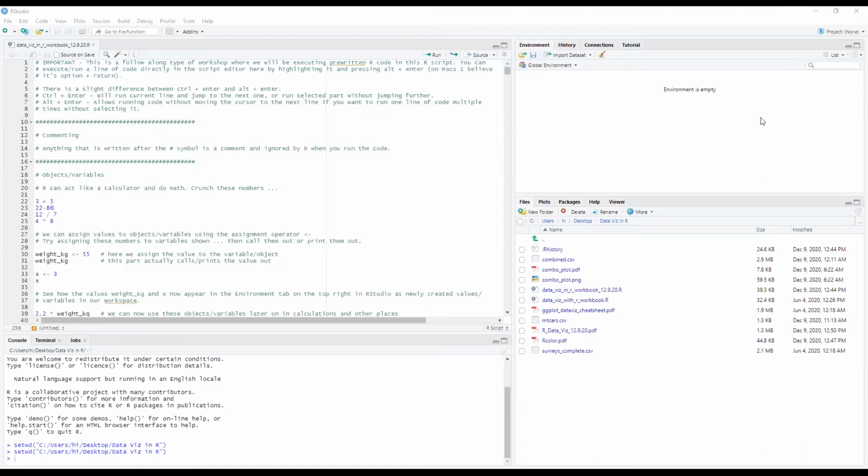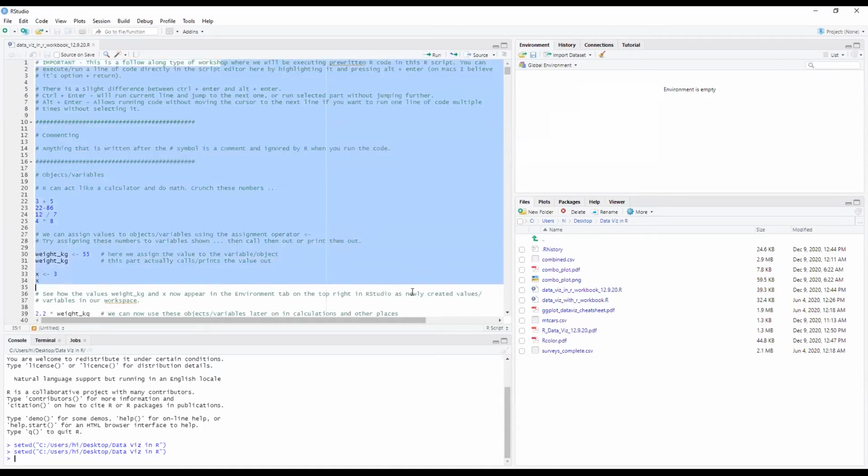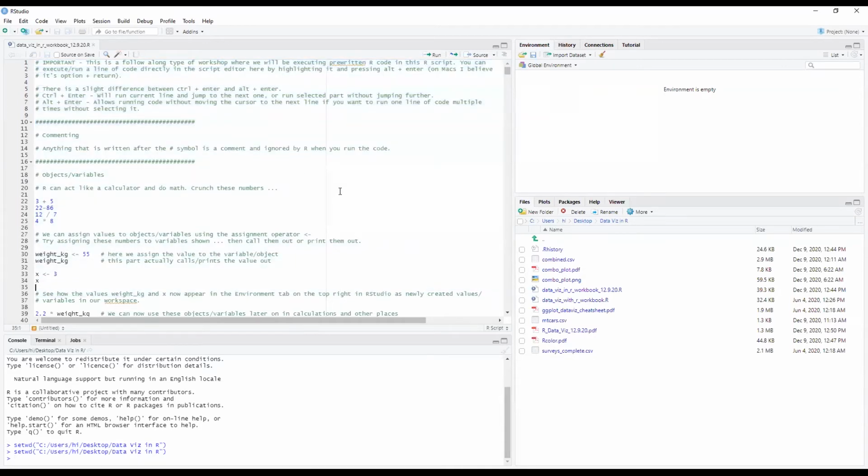Okay. Now there's a lot of technical difficulties here. Hopefully we can get started. Basically, this is going to be a follow along type of workshop. This has all the script and code written out for us.